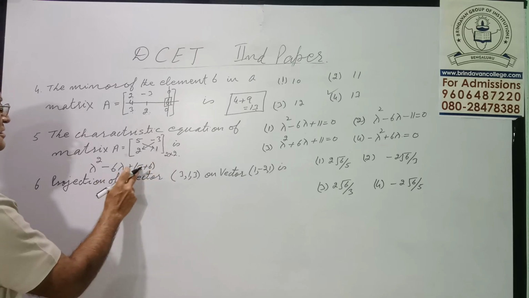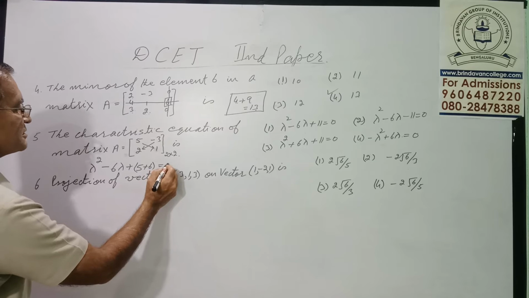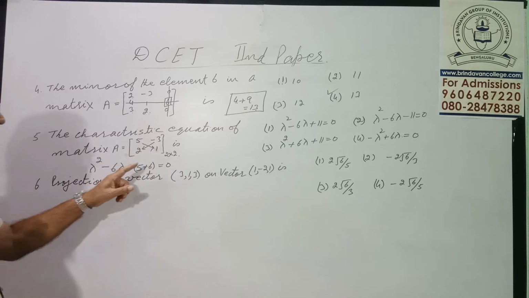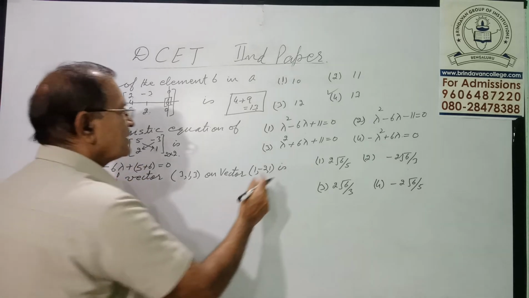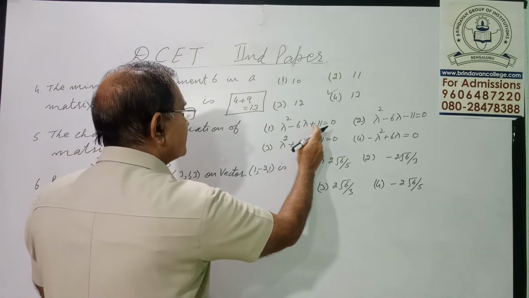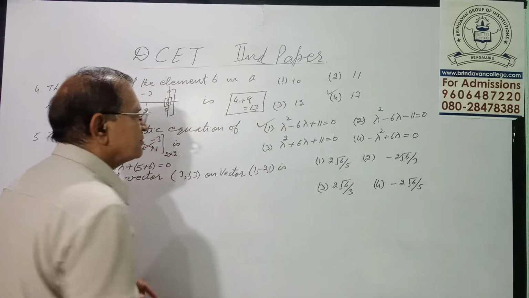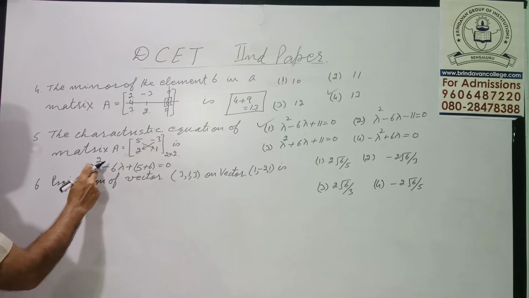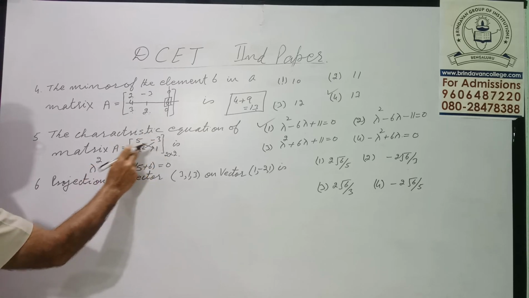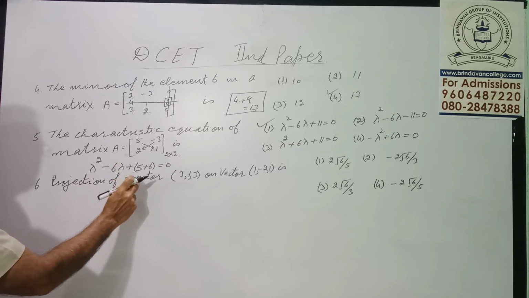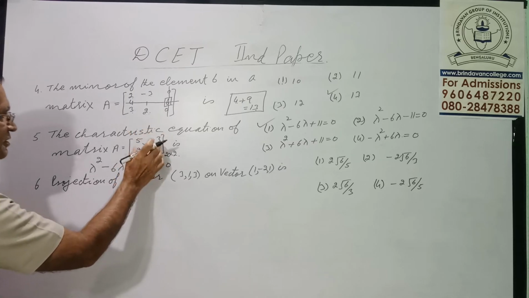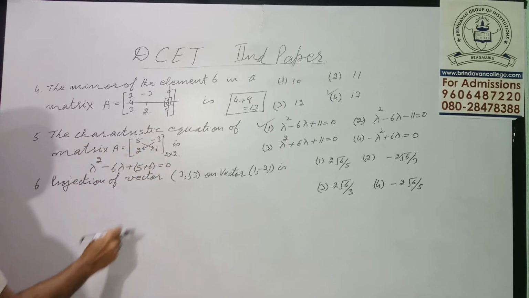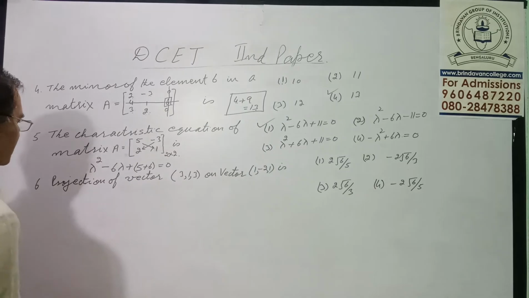So we will get it as 11 equals 0. So lambda square minus 6 lambda plus 11 equals 0, that is A. So how simple it is? Lambda square, then minus the sum of the diagonal elements lambda, plus the determinant of this. That's 5 minus minus plus 6, 5 and 6, 11. So that will be the answer, that is the first one.